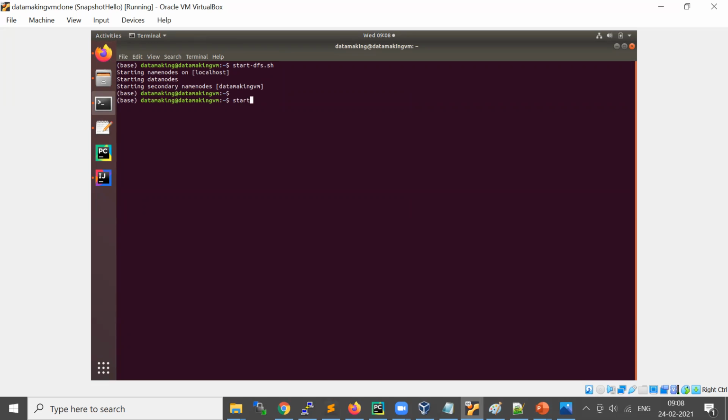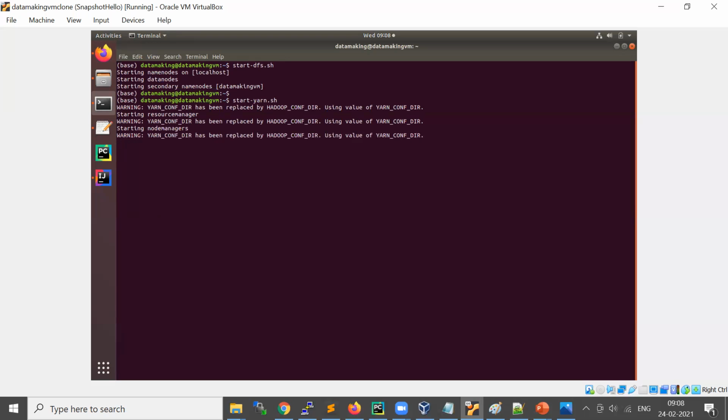And then we have to start the YARN service also, with start-yarn.sh. These files help you start the YARN related processes, the resource manager and the node managers. Since we set up a single node Hadoop cluster, you will see only one node manager. But if you have multi-node, you will have multiple node managers.